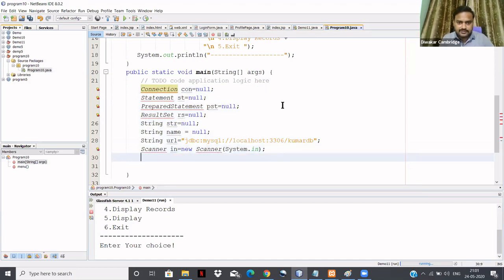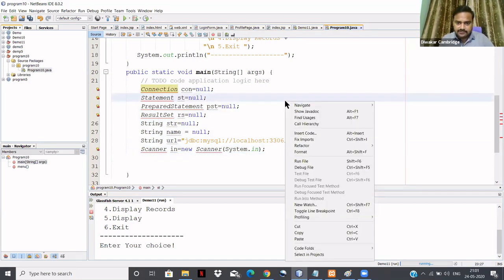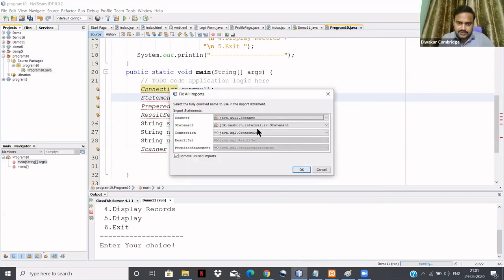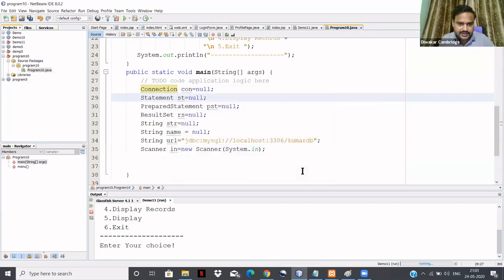After this, you right-click on this and click Fix Imports. So these packages will automatically be imported into your program, that is java.util.Scanner and java.sql.Connection. These are the packages you require here.